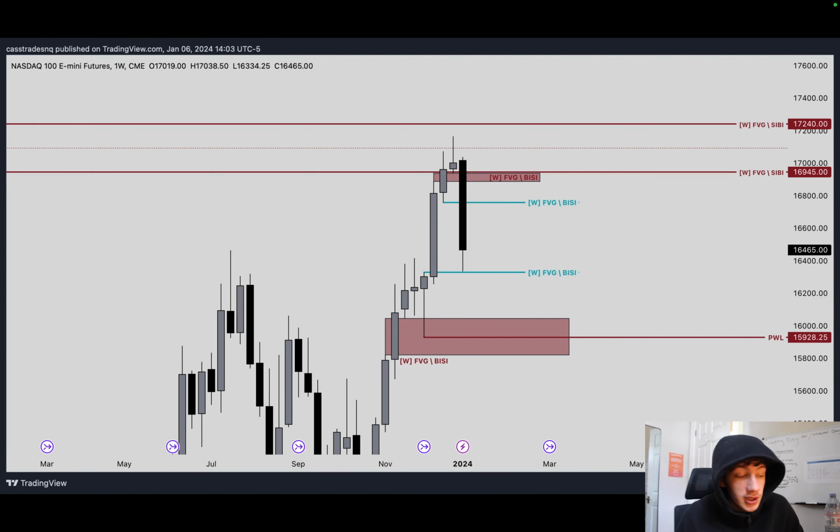I'm going to be doing my weekly analysis for next week, which is the beginning of the 8th of January, for all my pairs: Nasdaq, dollar and bonds. I'm not really doing ES because I just don't trade it, so there's not much point for me. The only thing I use it for is SMT. Alright, so let's get into it.